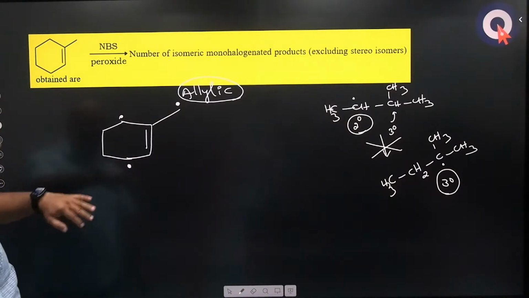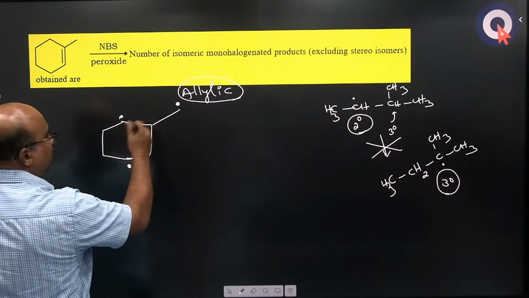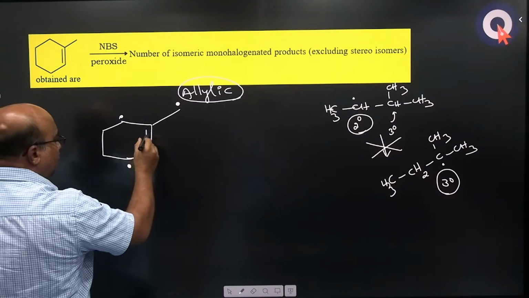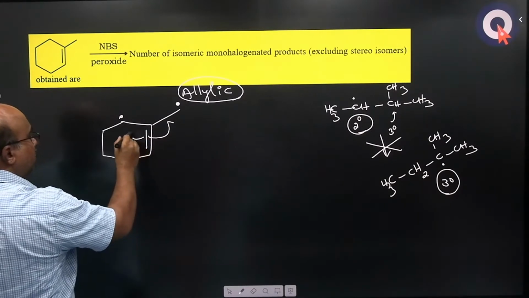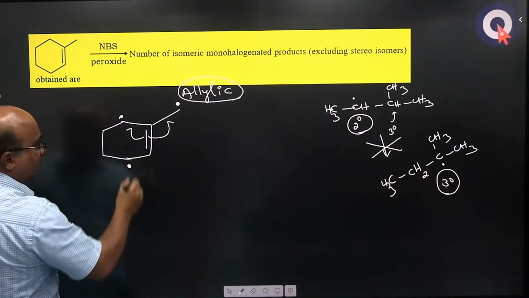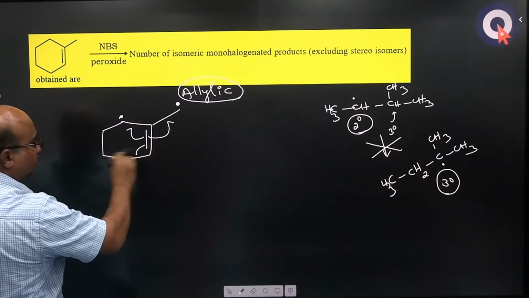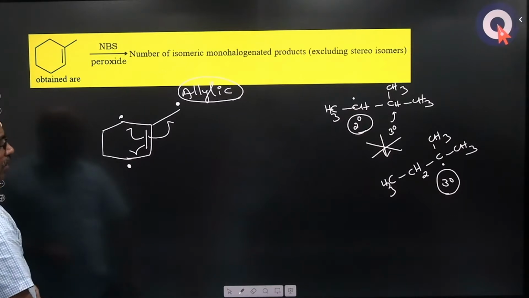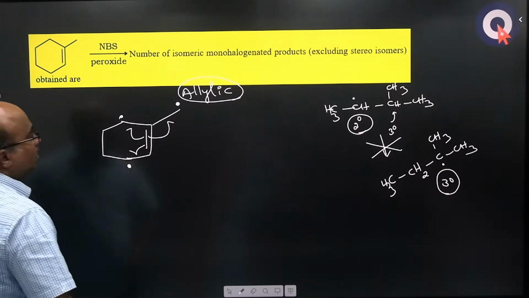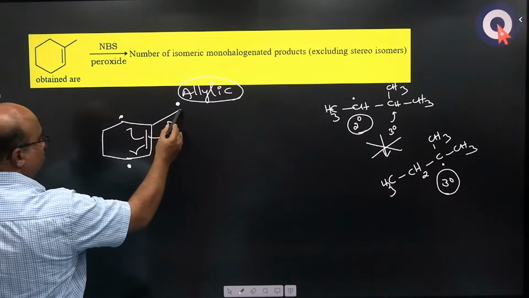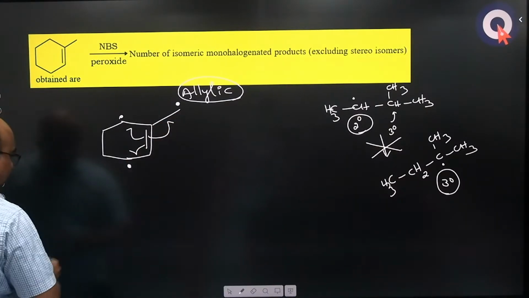But when we consider this type of structure, what are you getting? This pi electron cloud can shift here, like this, and like this. So what are the total possible cases that we get to see? You can see the bromine here. So what is the first? Let us write